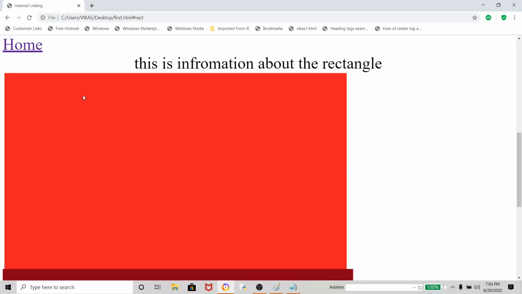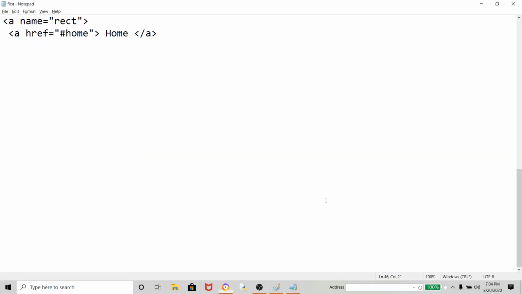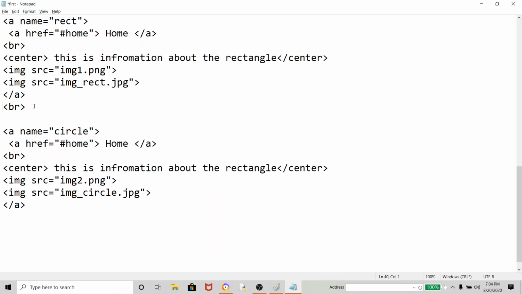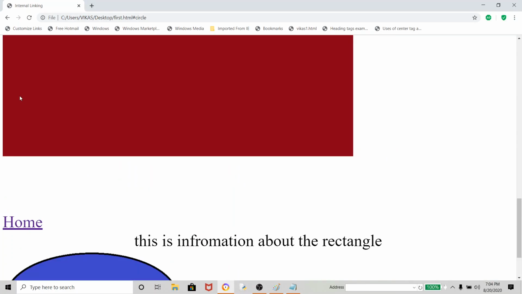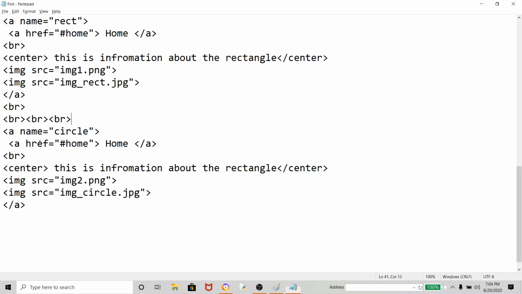I will go once more, home, refresh, home, circle. Look here, again I have to change the line, so I will add br, and actually it is very big, so 2-3 lines I will change, so it may come to the proper information. Home, circle, home. Clear? So this is called internal linking.